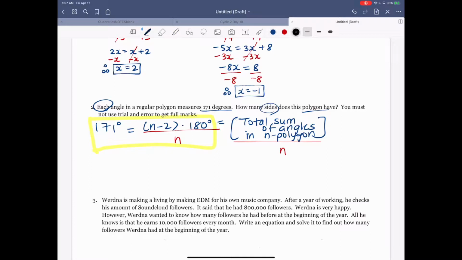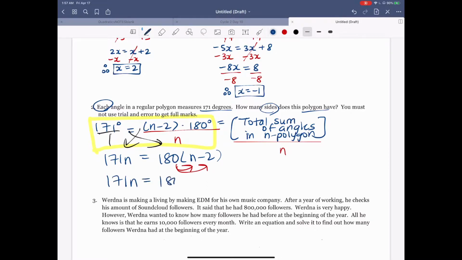So we need to cross multiply to make this happen, which is a strategy we use when we have a monomial equals monomial. 171n equals 180 times n minus 2. I'm going to do distributive property, and I get 171n equals 180n minus 360. At this point, I want to move the 180n to the other side, so I have all my variables to one side, and I get